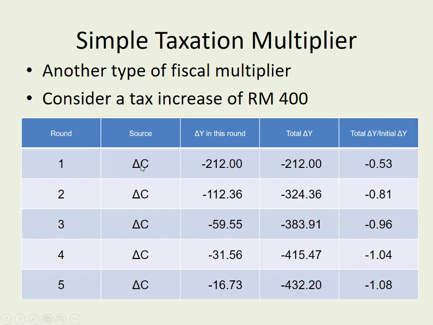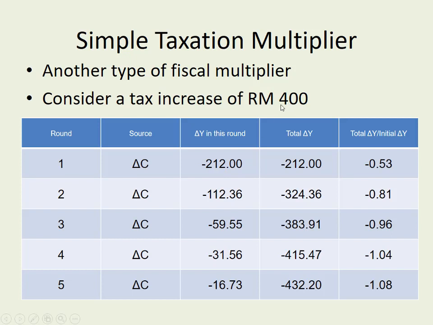But why isn't the first row of consumption reduced by 400? These are all reduced because you've taken money away from people, so it's negative, they're going to spend less. Why isn't the first a hit of 400? And the answer is that the 400 you're taking away from everybody in the economy would not all have been spent on consumption. Some of it would have been saved and some of it would have been spent on consumption. So you have to calculate how much would have been consumed, which is 0.53 times the 400, which gives you this 212. So the first step in here is already